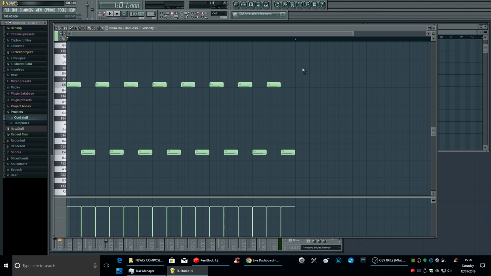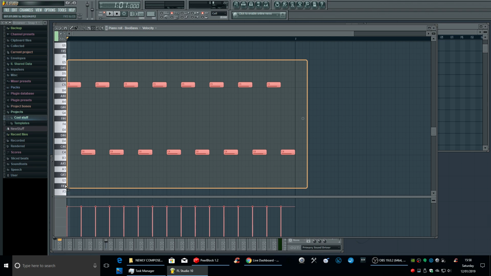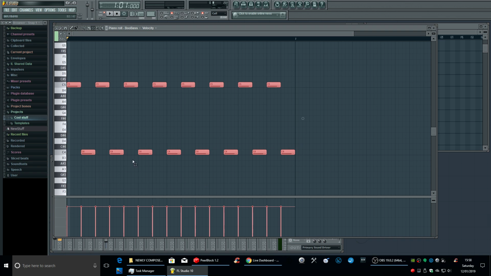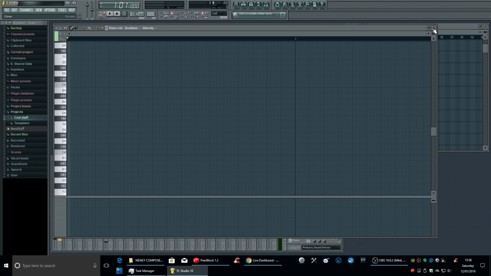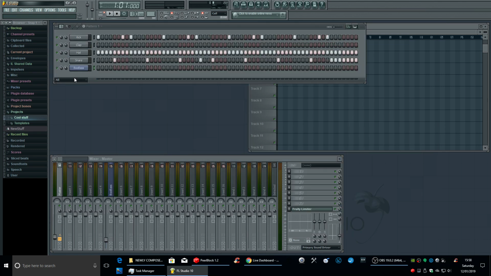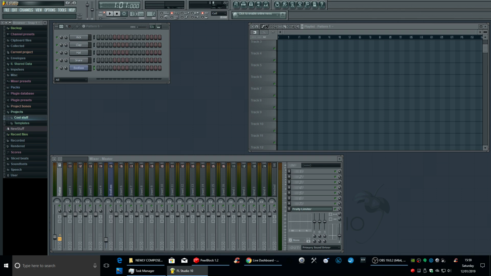pen icon into the select icon, and you can select all of the box by dragging and left clicking, drag left clicked, let go, and then if you press the P button it puts it back to the pencil. Don't click, press Control and X to cut and it'll take it out of there. Obviously it's disappeared, and then I'm going to put that into track 10. Why? Because I want all of the other track 9s to be drums, because you want different types of drums in there. It's going to sound boring if you've got the same drum.